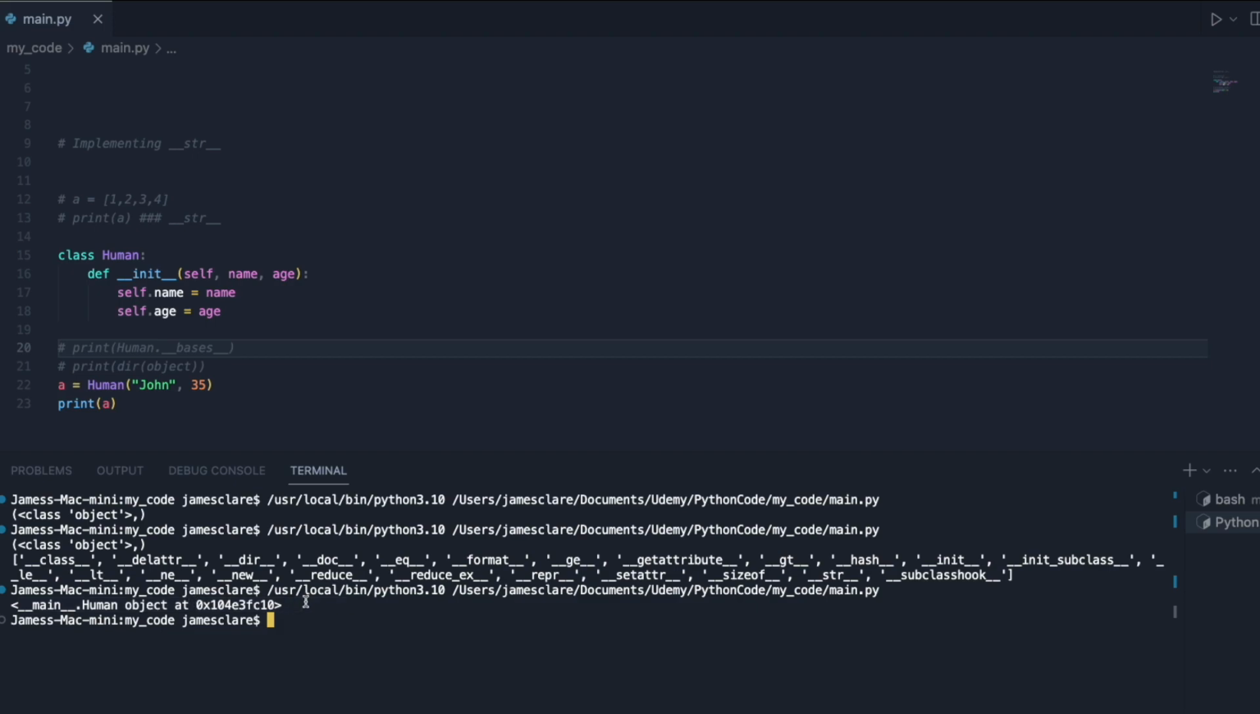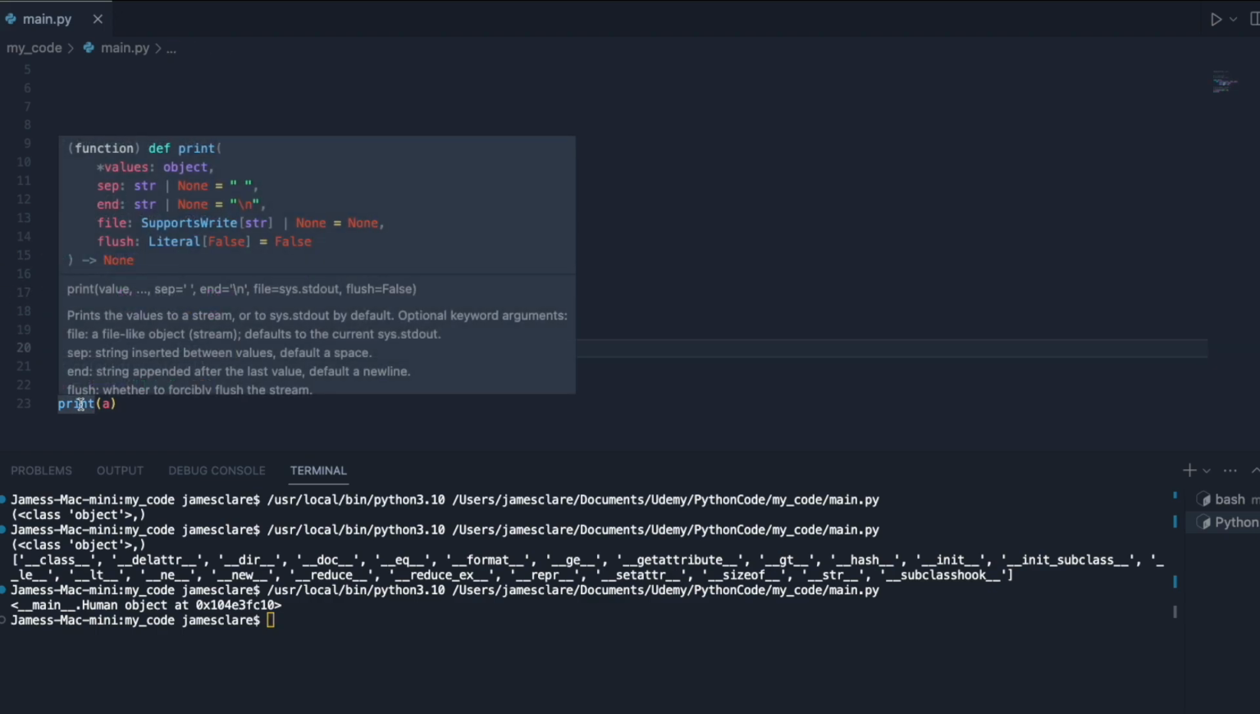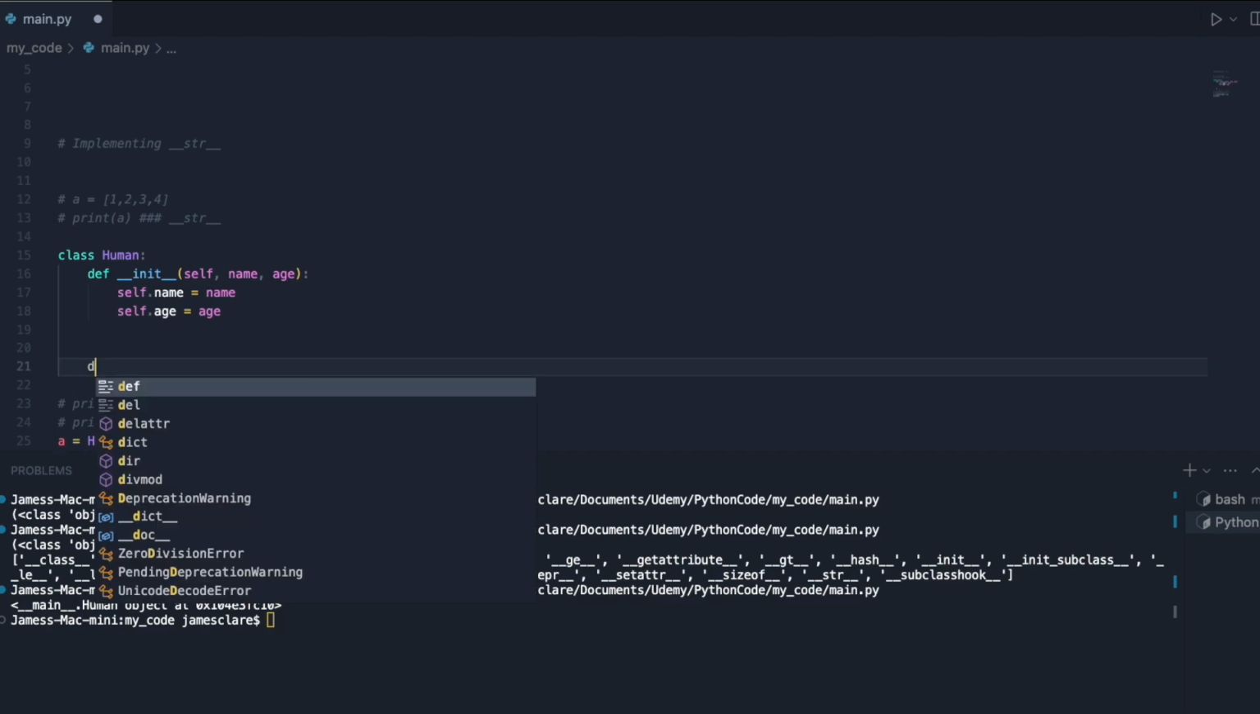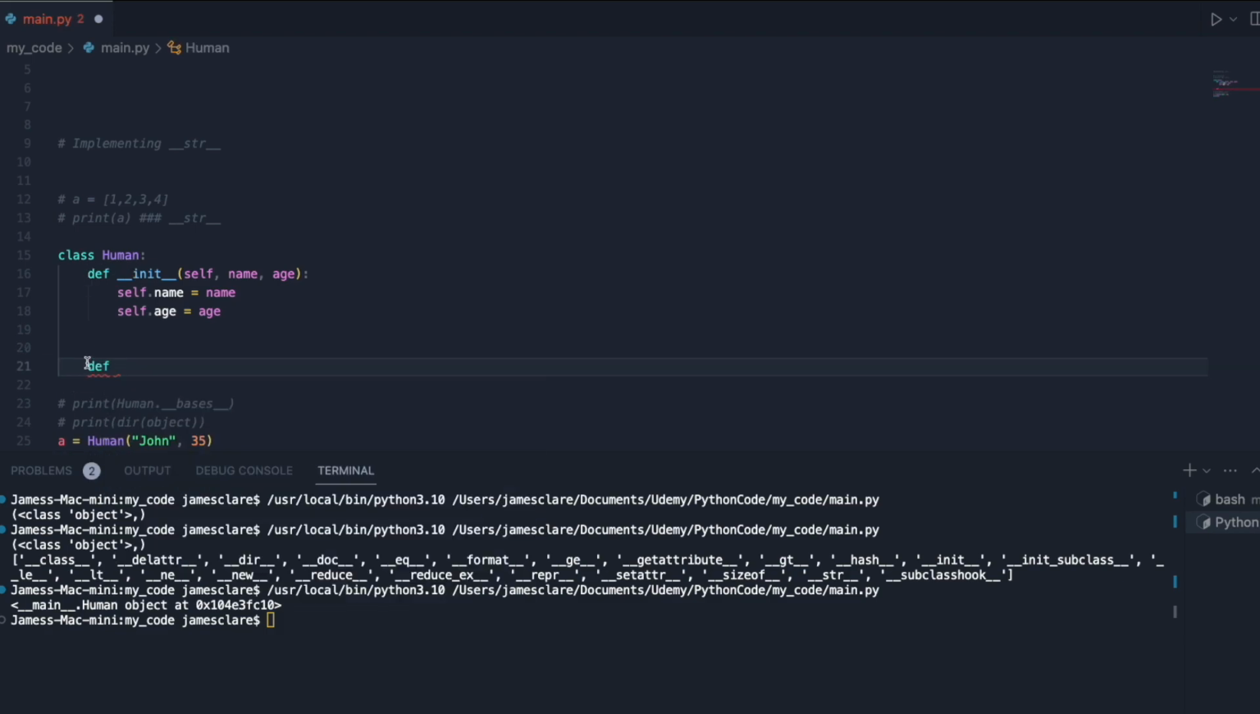So what we want to do is implement our own str method inside our class, so that whenever we print an instance of the human class, the print function is going to first look inside here and say, do we have an str method? And if so, cool, let's use that one. So to do that, just do a def, make sure it's the same level as your init, and just do str